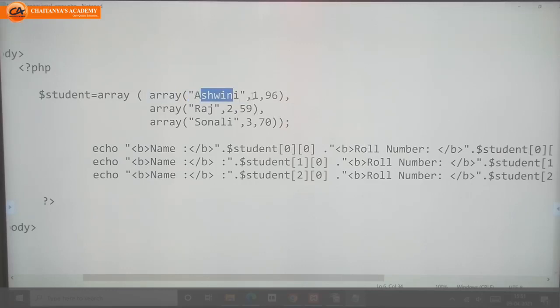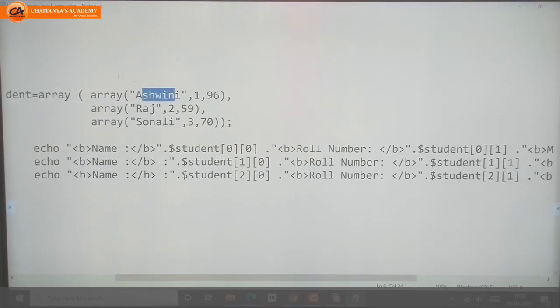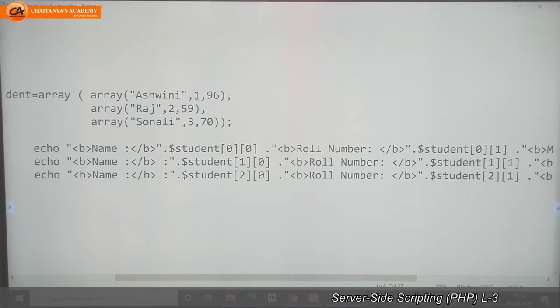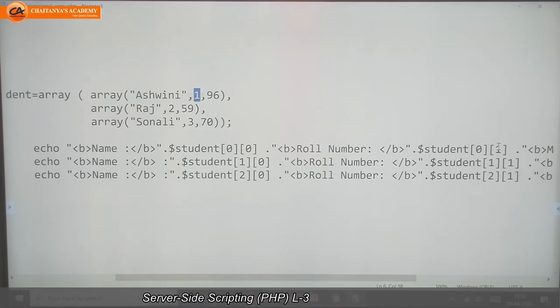Second, roll number, student of 0 1. Student of 0 1 means student of 0 is this first array, and this second value, which is referred to as 1, means the second element in the array.